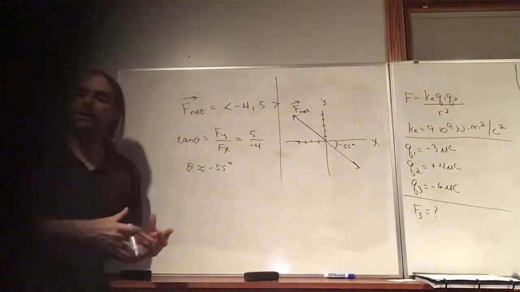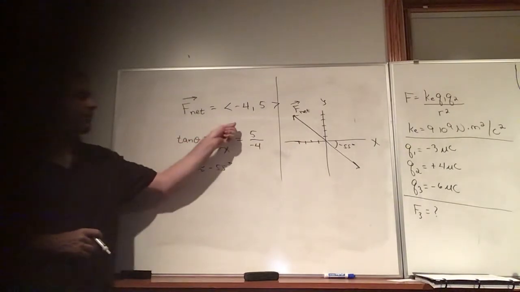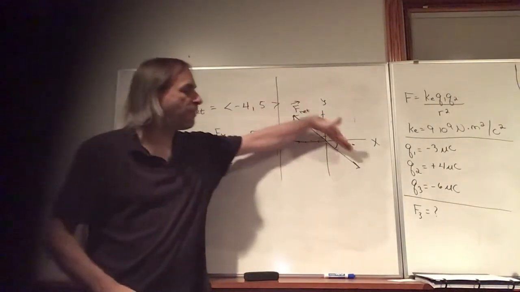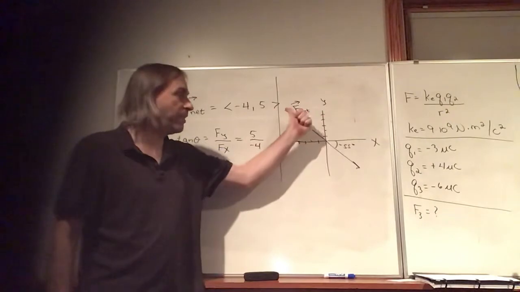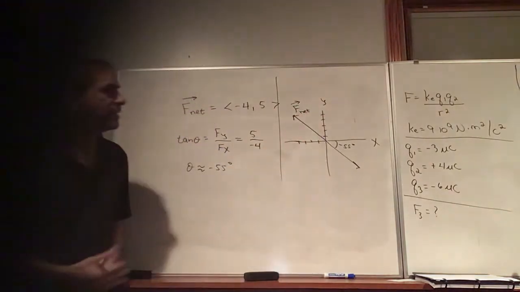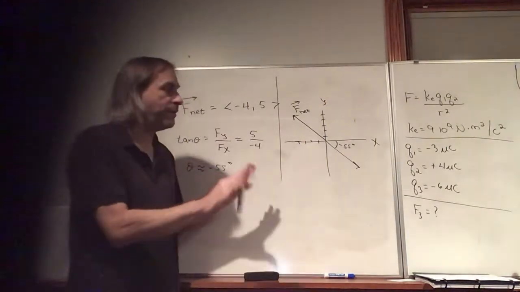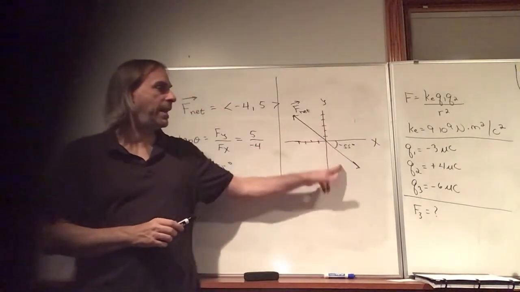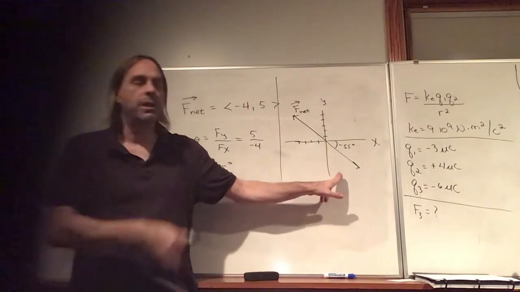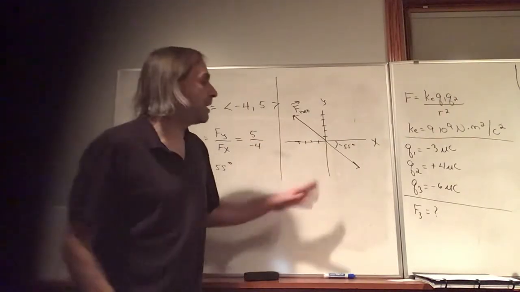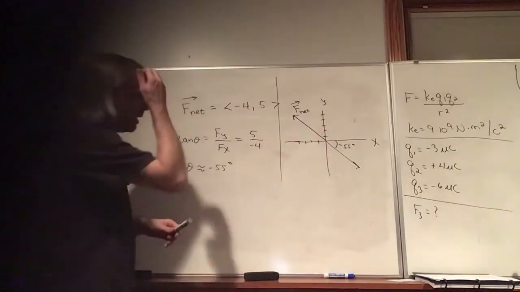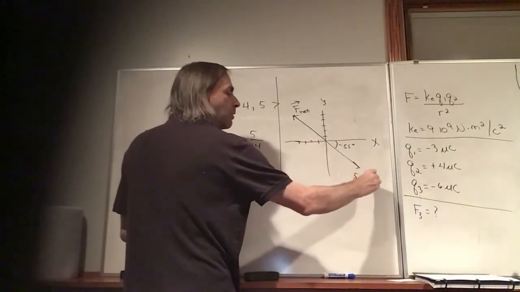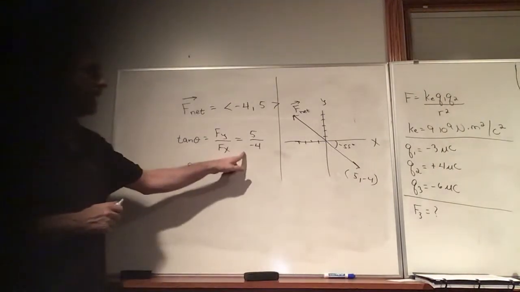So basically, if we just blindly plug in this formula, tangent of theta is the y component over the x component, we'd get this angle here, saying our force is pointing in that direction, when it's actually the exact opposite. That's because in a two-dimensional problem, the force can point in any of these quadrants, but the inverse tangent is going to give us an answer in either quadrant 1 or quadrant 4, just because of the way it's defined. Here we have minus 4 comma 5, and this one would be 5 comma negative 4. So if you take the y over the x,